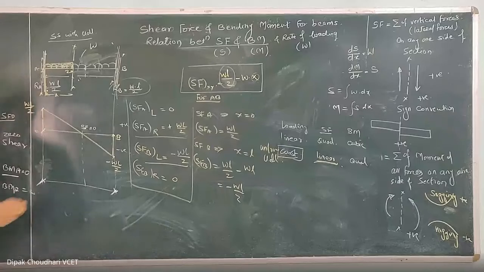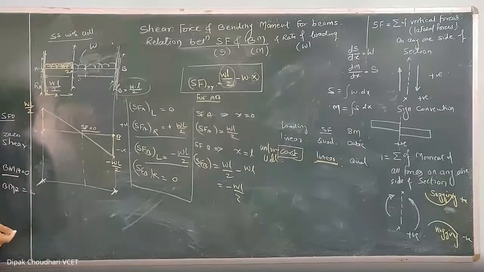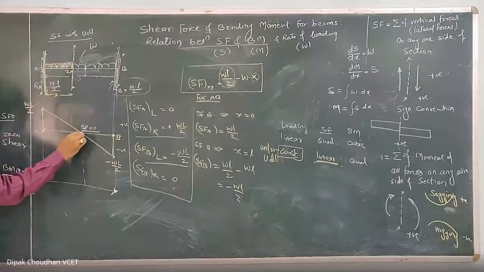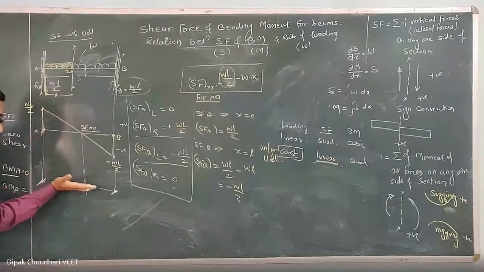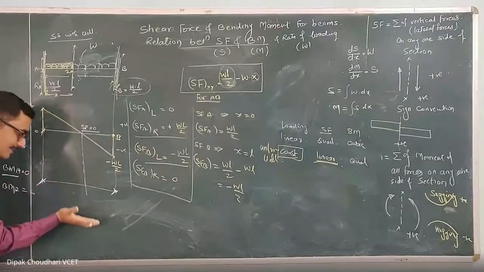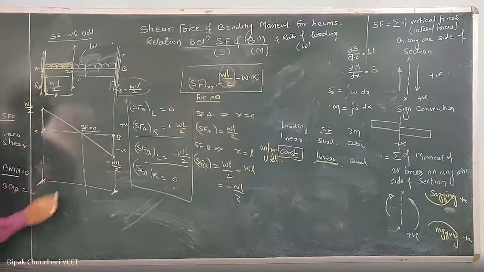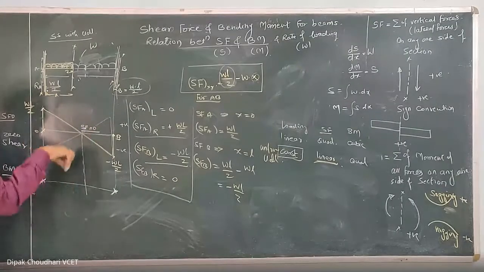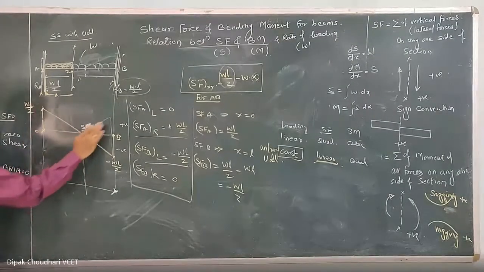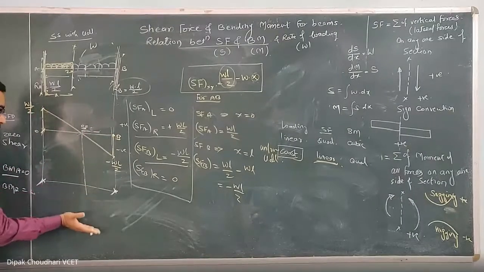Okay, and the point where the shear force diagram changes its sign is the point of zero shear. At that point, the bending moment is always maximum. It may be the maximum positive bending moment or maximum negative bending moment, depending on how it varies. ऐसा vary होता है तो positive maximum आएगा, अगर ऐसे vary होता है तो negative maximum आएगा. Here it will be the maximum sagging bending moment or maximum hogging bending moment.